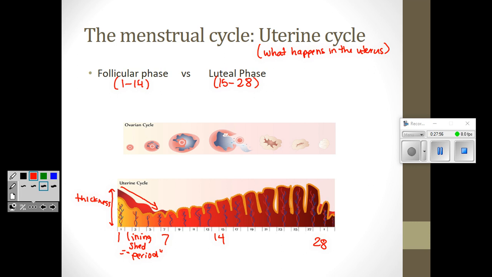Now, around day 7, that finishes. And then you see slowly the lining of the uterus start to increase in thickness. Now, if I ask myself, why would this be happening around day 7? Well, take a look at what's going on in the ovary. On day 1, this tiny little baby follicle, nothing's going on. But when I get to day 7, the follicle is quite a bit bigger at this point and could be producing decent amounts of estrogen. When we get to day 14,